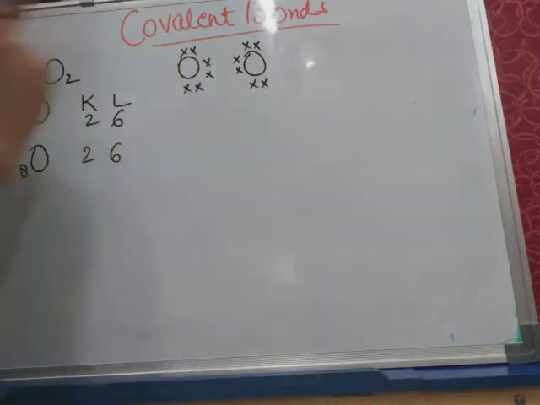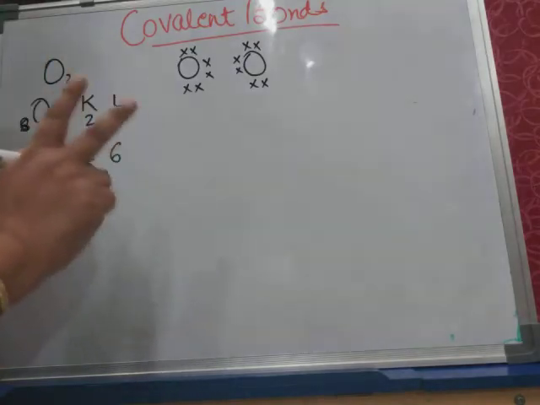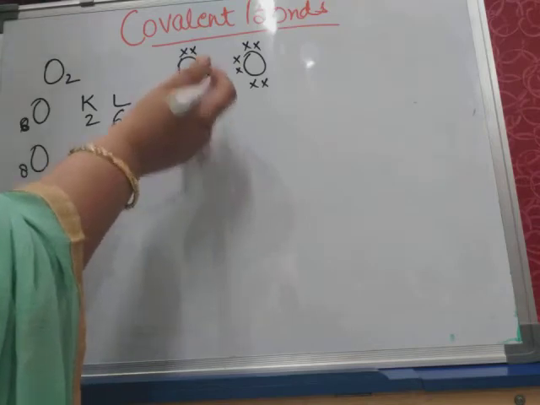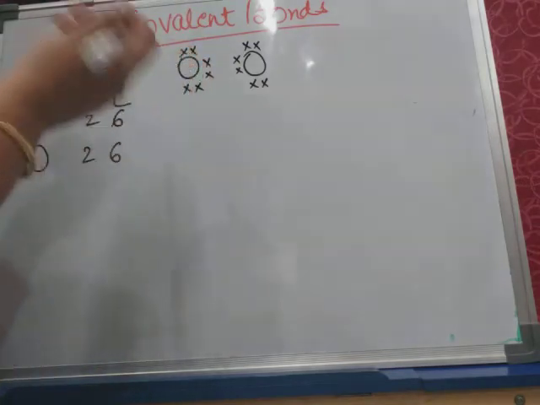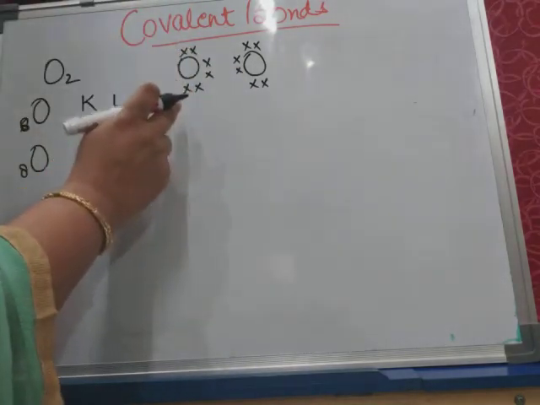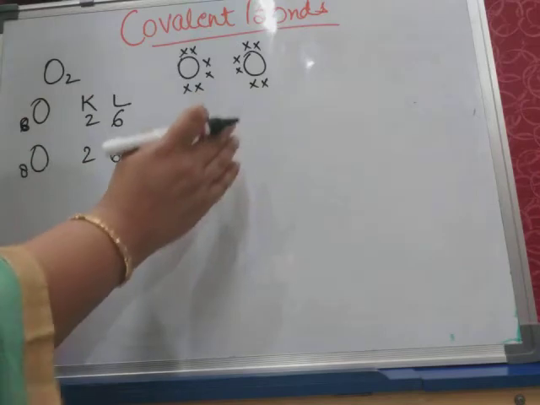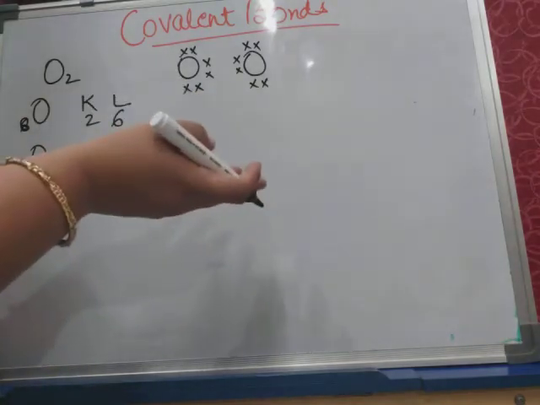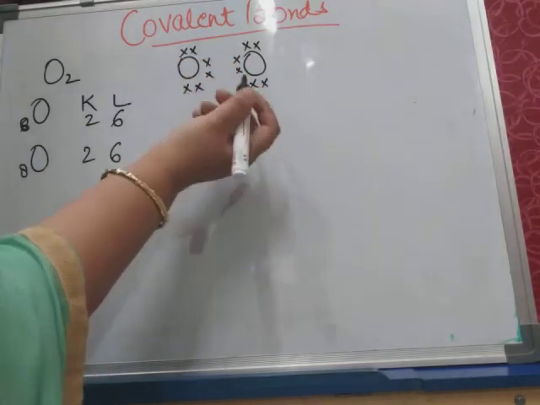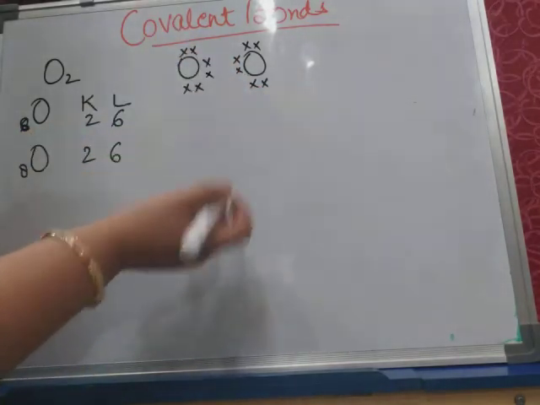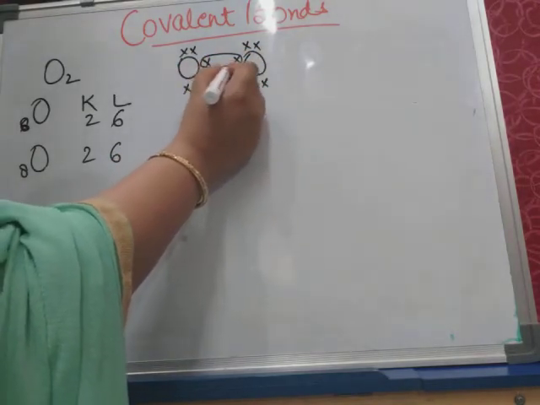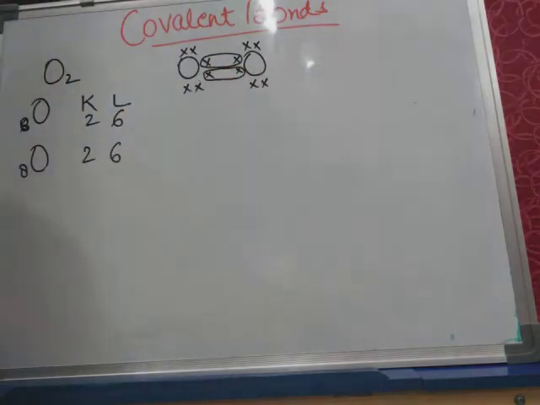See, both of them are needing 2 electrons each to complete their octet, and when they complete their octet, they will attain the stability similar to which noble gas? Neon. Because they will have the electronic configuration of 2, 8 each, and 2, 8 is the electronic configuration of neon. So to attain the stability or to complete their octet, they will share two electrons, one this pair and the another this pair. Like this the sharing will be done.